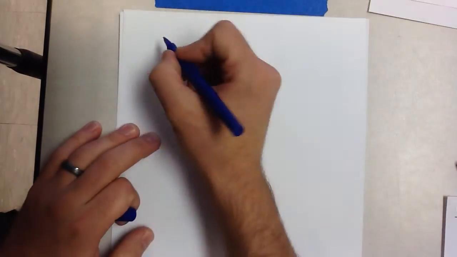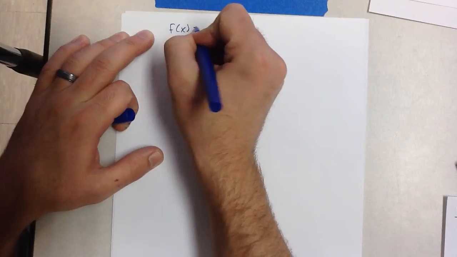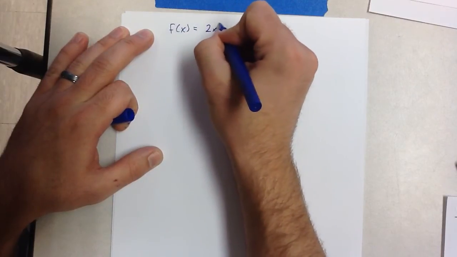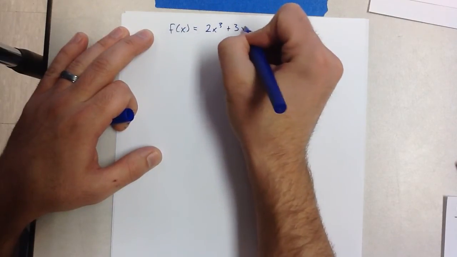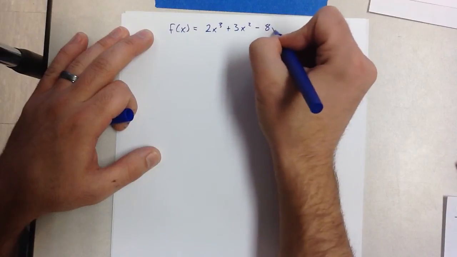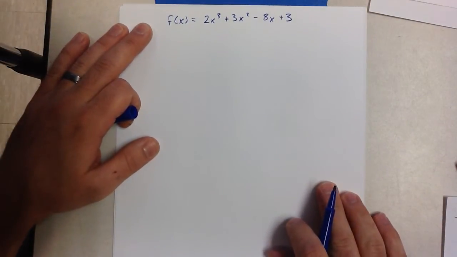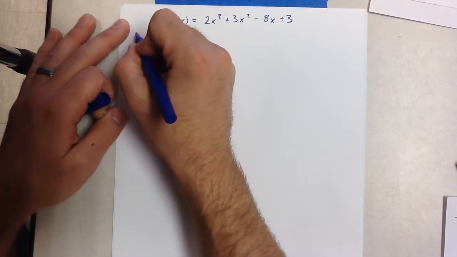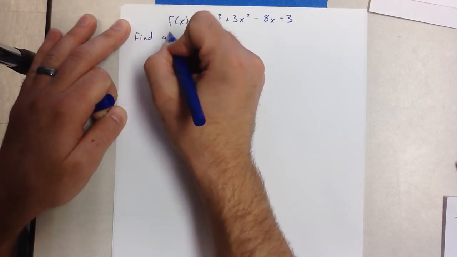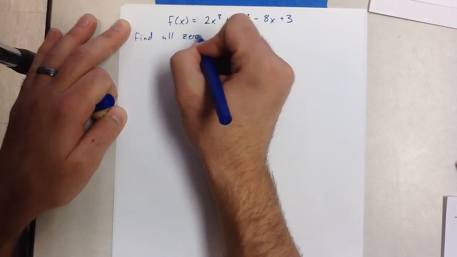Let's use f of x equals 2x cubed plus 3x squared minus 8x plus 3. And what we're doing here again is finding all zeros of f of x